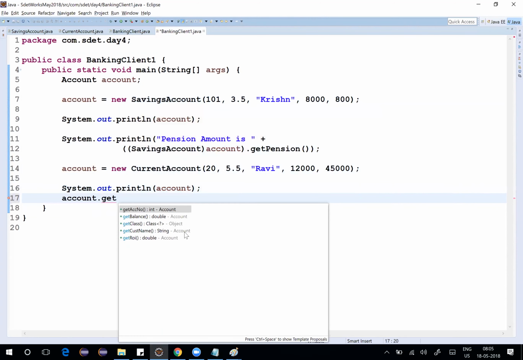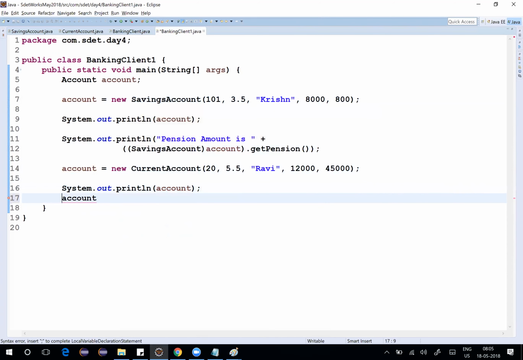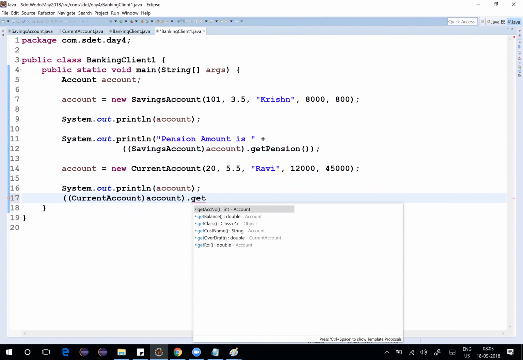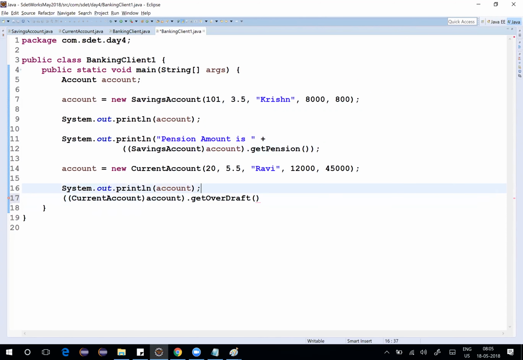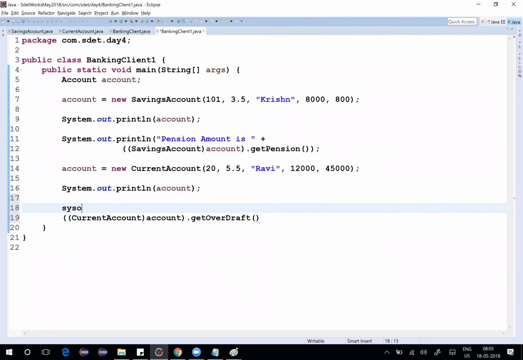Now I will just say, hey, account, can you help me to get the overdraft? No, I don't have overdraft here. Look at this. You don't have this opportunity of seeing overdraft. Rather, what I do is I will have a current account. In the current account, for that reference, get overdraft. Overdraft granted is